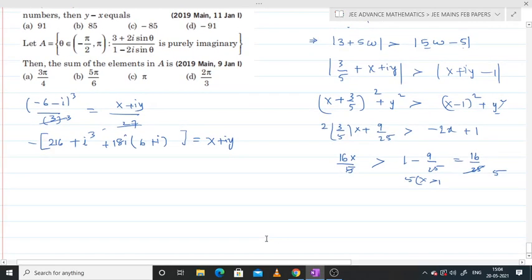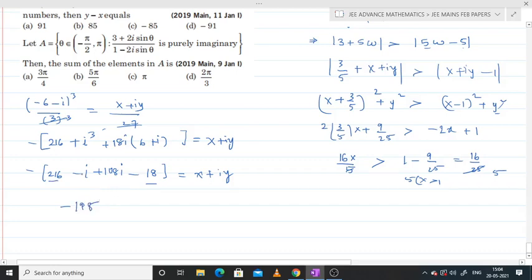Now when you simplify this further, i cube is minus i, and so this is minus of 216 plus i cube. Sorry, you can write it as minus i, 18 times 6, 18 times 5, 90, 108. So this is 108i, and then minus 18 is equal to x plus iy. So now you can easily get the x and y values. So 216 and 18 will be something like 198. So this is minus 198,